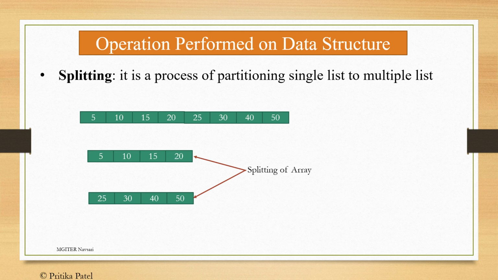In the same way, all these basic operations are useful in all data structures like stack, queue, linked list, tree, graph, etc. So all these operations are the most important part of all data structures. Without these operations, a data structure can't work. So all these basic functions are the most important part of a data structure.